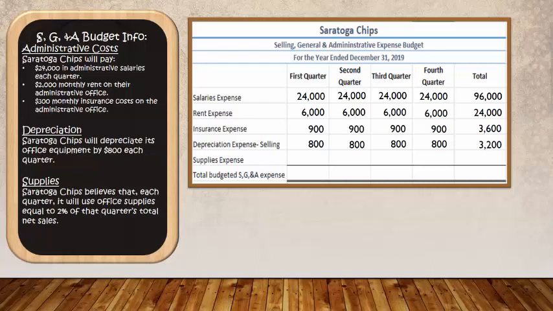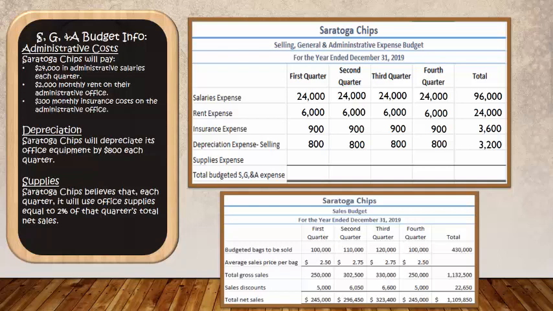For supplies expense, Saratoga Chips believes that each quarter it is going to use office supplies equal to 2% of that quarter's total net sales. Well, that means we're going to have to go to our sales budget and figure out what our net sales is for each quarter. During the first quarter, Saratoga Chips had total net sales of $245,000. Our supplies expense is going to be equal to 2% of those total net sales. So we take $245,000, we multiply it by 0.02, and we find out that Saratoga Chips is going to have a supplies expense during the first quarter of